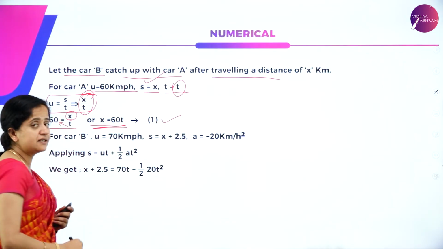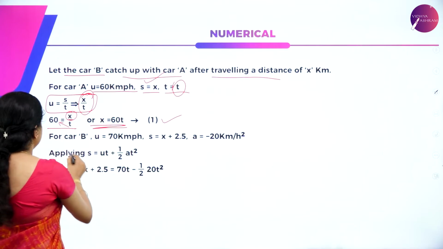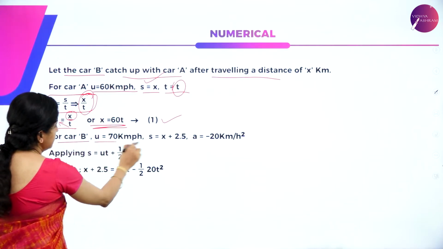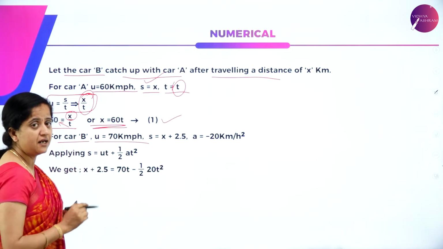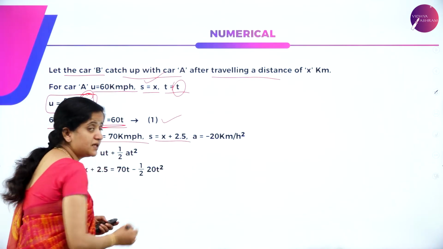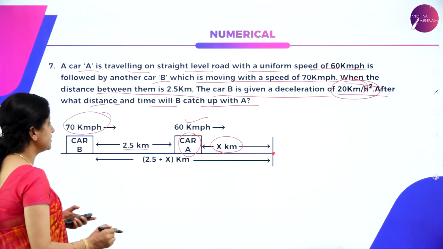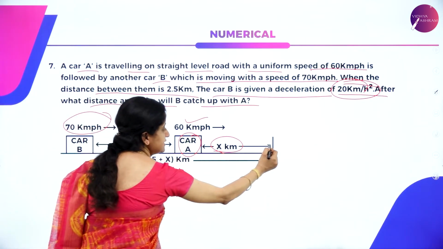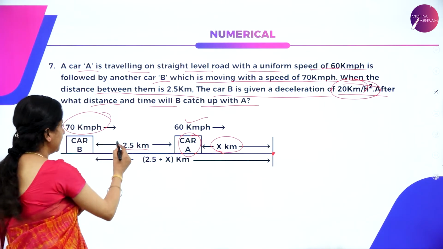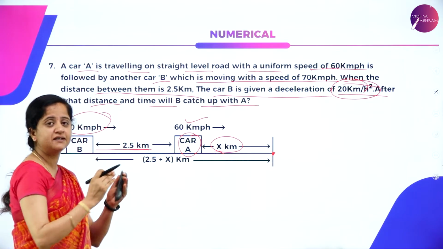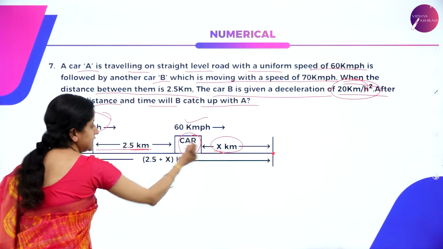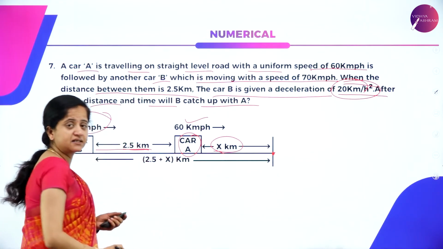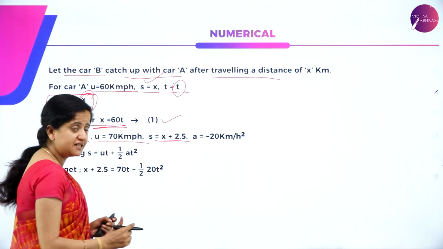Let us consider it as equation 1. So now for the car B, it is given that the speed U is 70 km per hour and S is x plus 2.5. Why is it x plus 2.5? After x distance they travel, they will meet together, and already there is a 2.5 km distance between the two cars. So 2.5 plus x is the total distance travelled by car B,